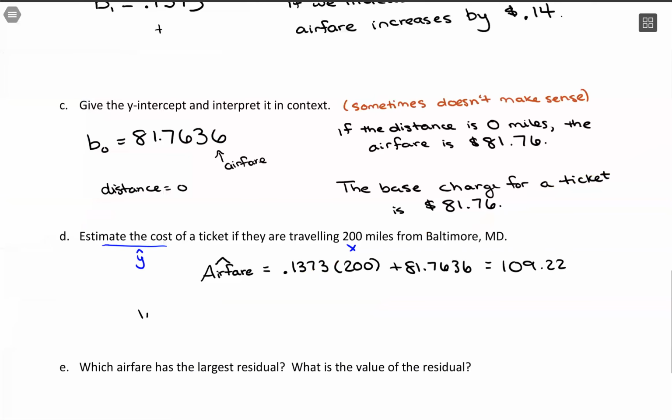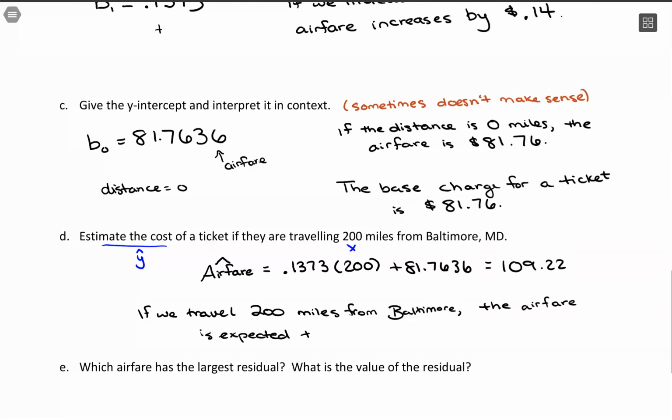So I'd say if we travel 200 miles from Baltimore, the airfare is expected to be $109.22. And something I want to emphasize here is the wording I threw in there, because I wouldn't want to